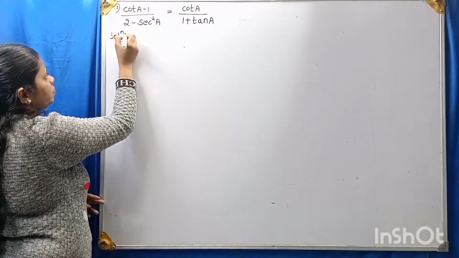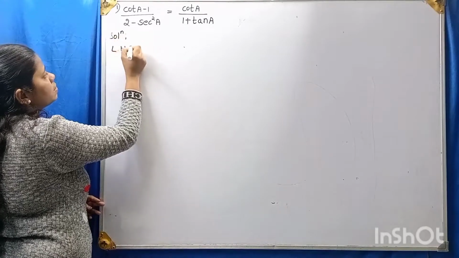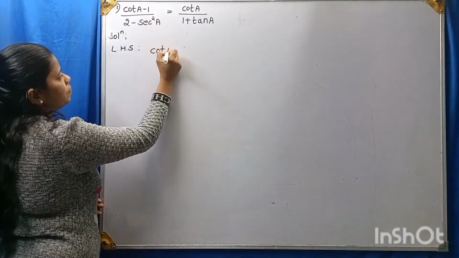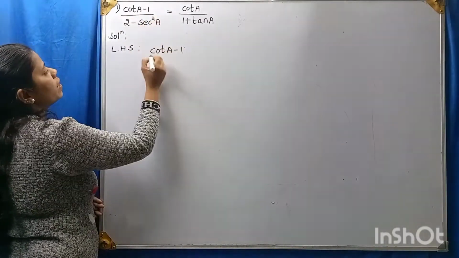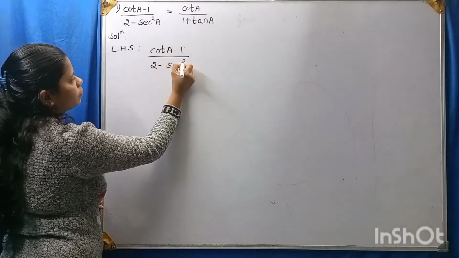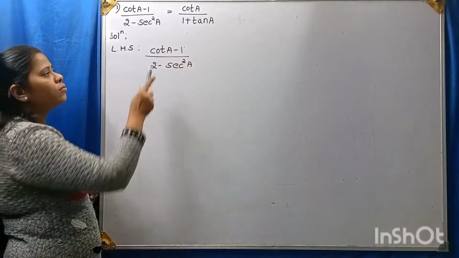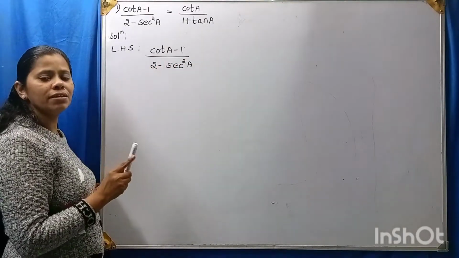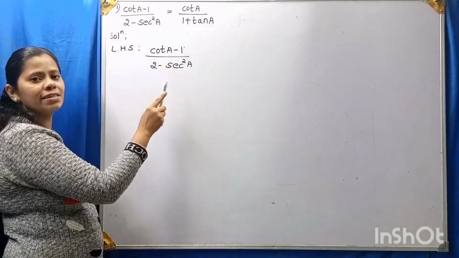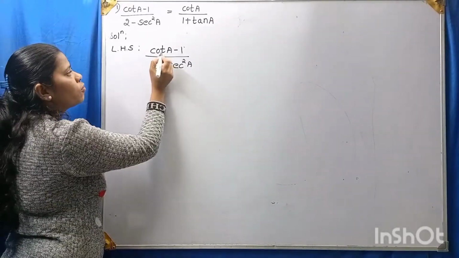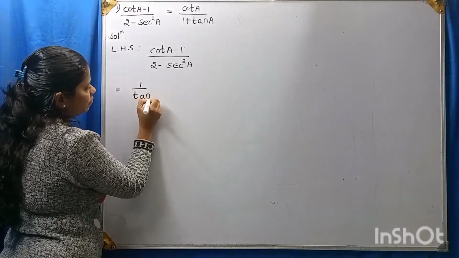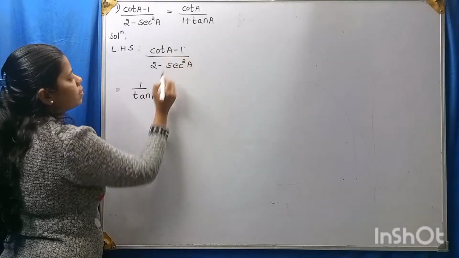Solution. First let me write down the LHS. We know that the LHS is (cot A - 1) whole divided by (2 - sec²A). Okay. Now, cot A can be written as 1 by tan A, right? Because cot A is the reciprocal of tan A. Therefore, cot A, I can write it as 1 by tan A. Okay. Minus 1